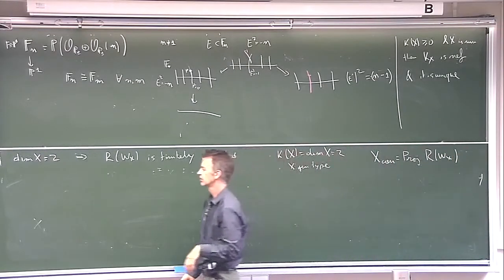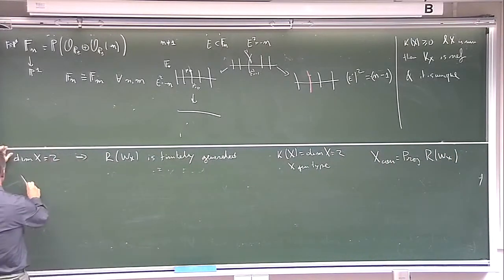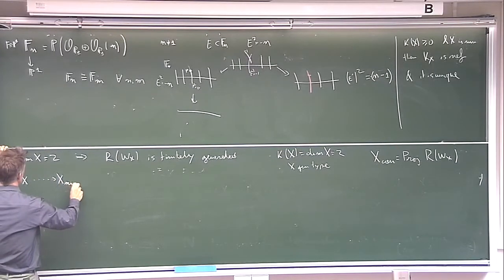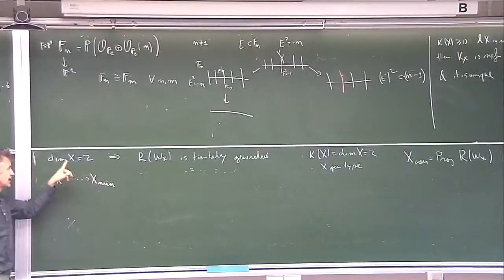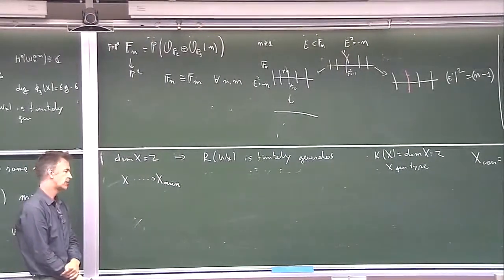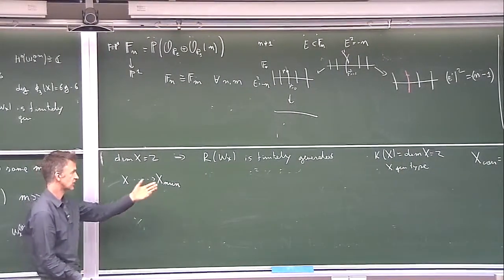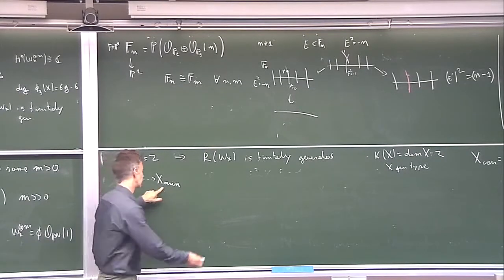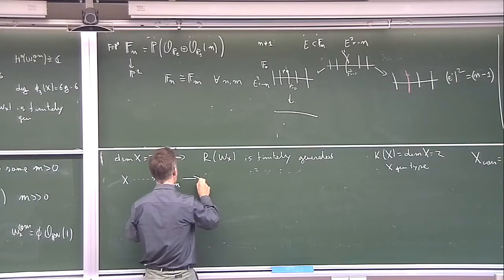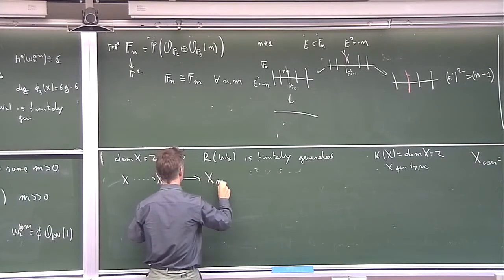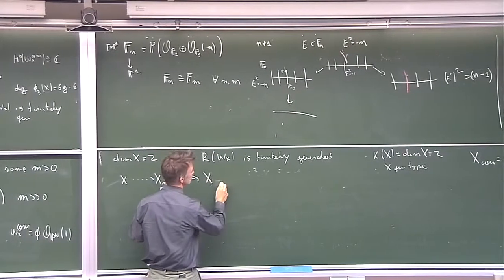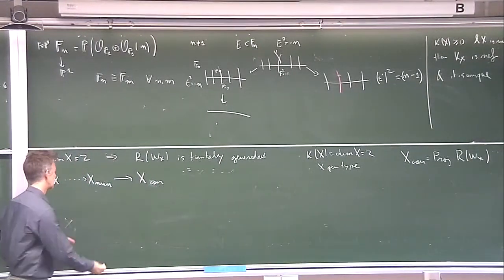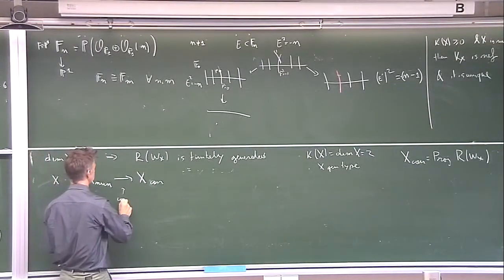And so what's actually going on is that you run your minimal model program to get to your minimal model, which is unique in the case of non-negative Kodaira dimension, so certainly in the case of general type. However, this is not necessarily the canonical model. You actually have now a morphism down to the canonical model. And what this morphism does, it contracts